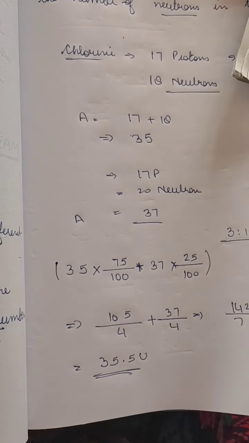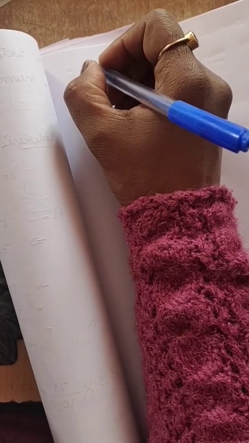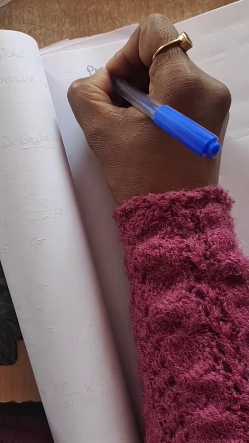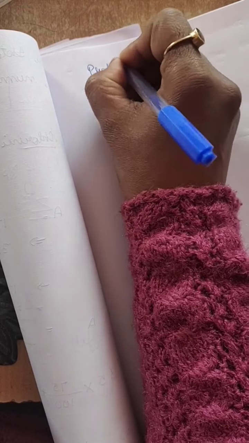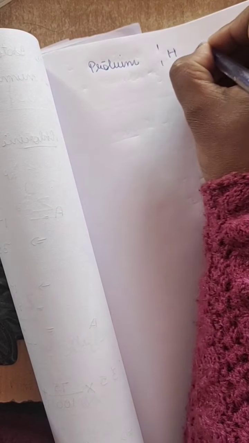There are many isotopes, like hydrogen also has isotopes. Hydrogen is an element, but all hydrogen atoms do not have neutron 1. Sometimes hydrogen is in three forms, which is protium, which is H, 1 and 1. So this one is the atomic mass when the neutron is 0, because proton is 1, so neutron is 0. So the atomic mass, A, is 1.